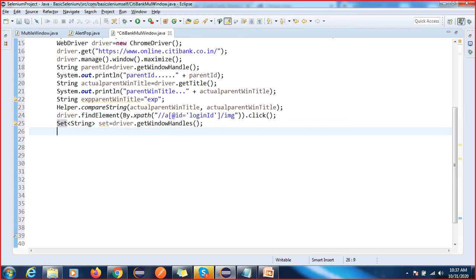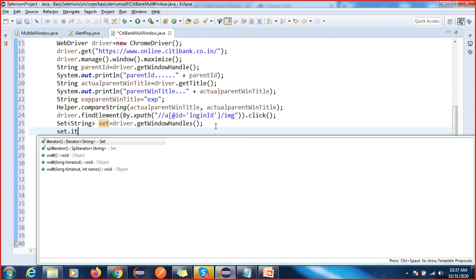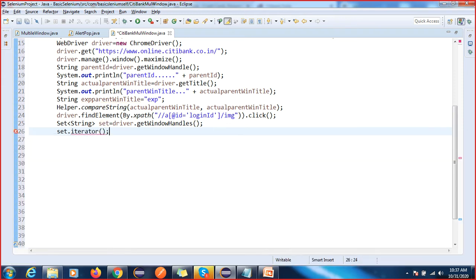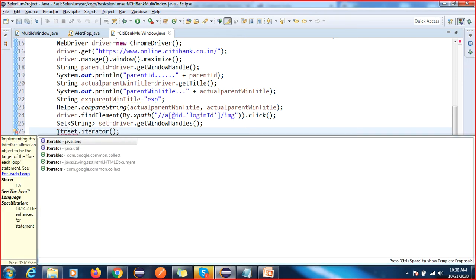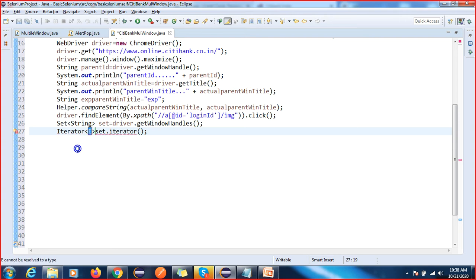Now we will use the iterator concept again. The same concept we are following, we are not doing anything extra here. So this is again your iterator. You can select Iterator which is available in the java.util package. This is again string type you have to give. This is itr.